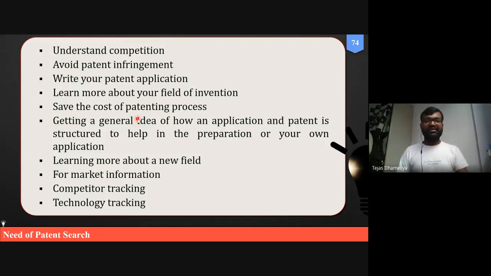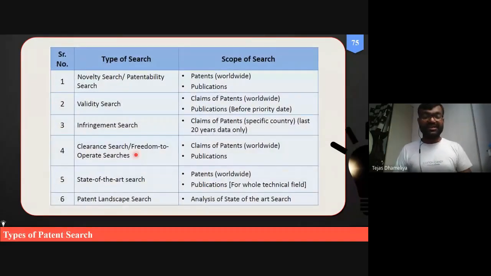Although you don't have to worry about the cost of the patent because it will be filed by SSIP, फिर भी आपको ये समझना चाहिए, SSIP का आपको मुफ्त में मिल रहा है तो उसका भी आपको पानी में पैसा नहीं बहने देना चाहिए. Okay? And some other things, you can also have your own idea, learn from someone more about your field, etc. So these are the things which can be considered for filing of the patent.